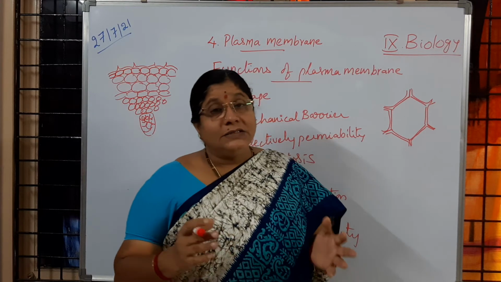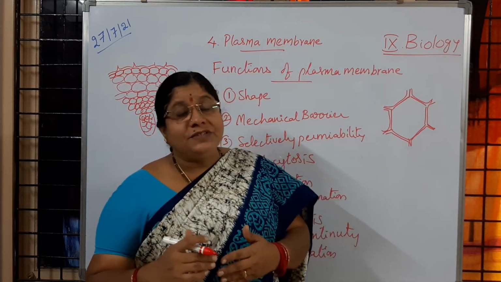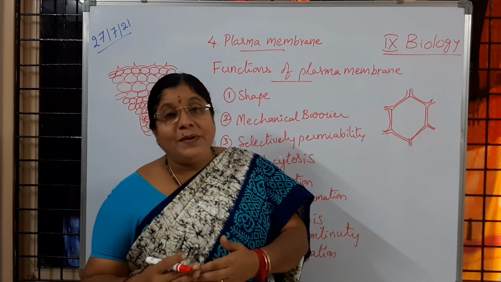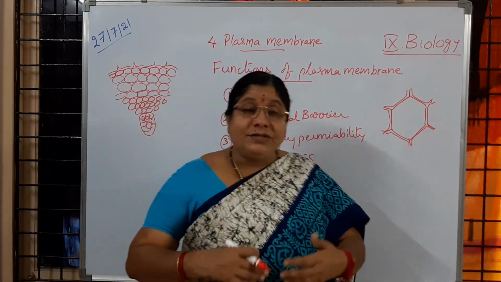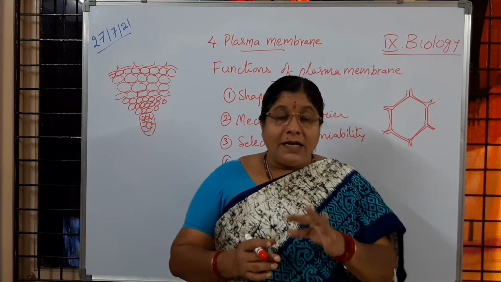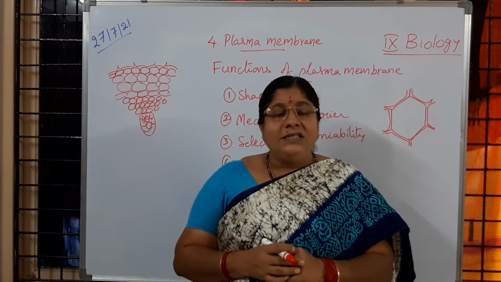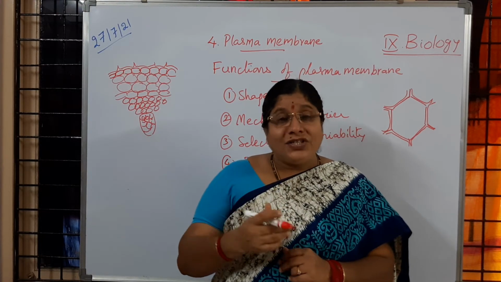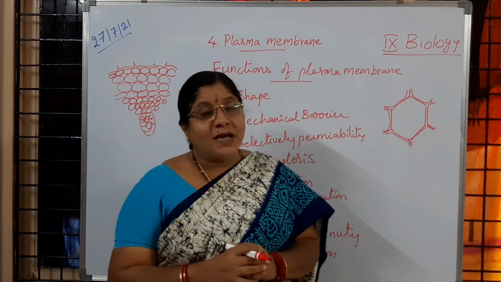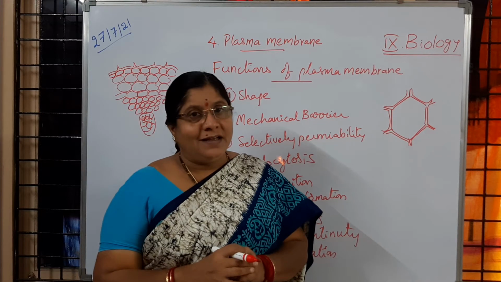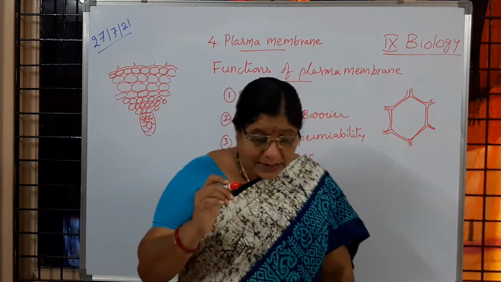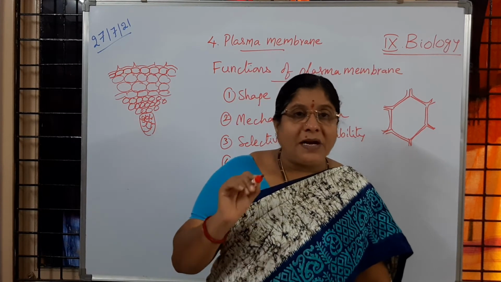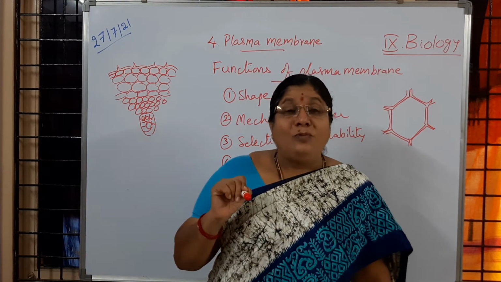Is it clear to you? Just like that, the muscle cells present in hands and legs help in movement, and the cells present in the intestines help in movement. Is it not, children? So now those special functions are going to be carried out because of the plasma membrane. Is it clear? So different functions are carried out because of the plasma membrane. For example, absorption of food.